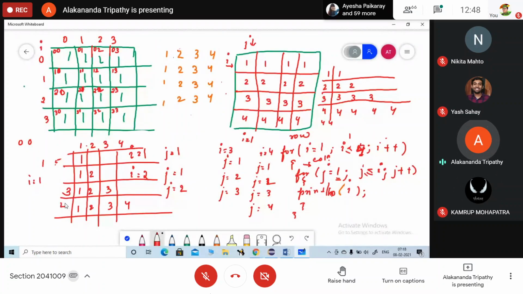In row 4, 4. So that is the same, J less than equals to I. But what is the value printed, the row number or the column number? It is the column number, so instead of I here it will be J. Ma'am, why won't it be I less than J? You would do I less than J here, and here J less than 4, it will work also.